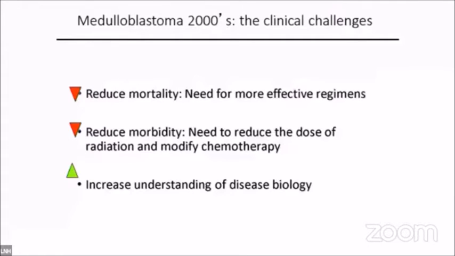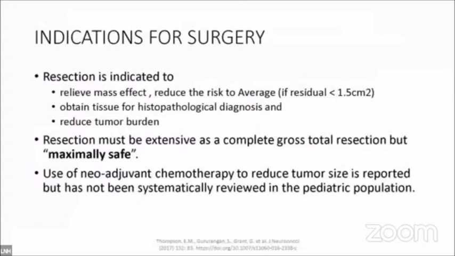Unless we know the disease biology, we would always be doing a catch-up phenomenon. So we are all surgeons over here, we are all interested in what to do about surgery. Naturally, whenever this is there, we have to do resection. Now, how much resection is needed? People are talking about supramaximal resection, but all the studies have shown that less than 1.5, near total to a gross total resection, is the same thing.